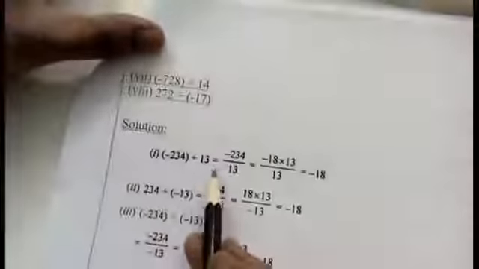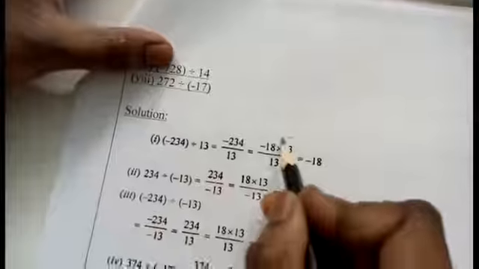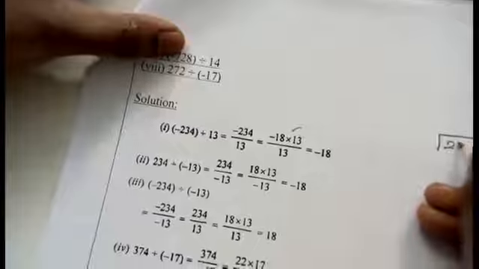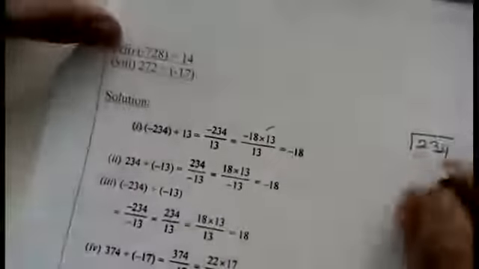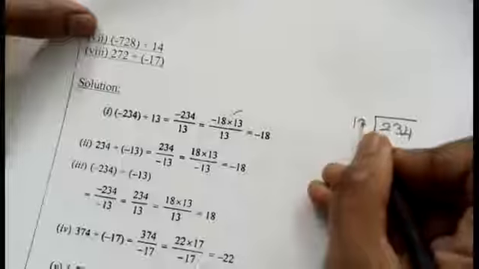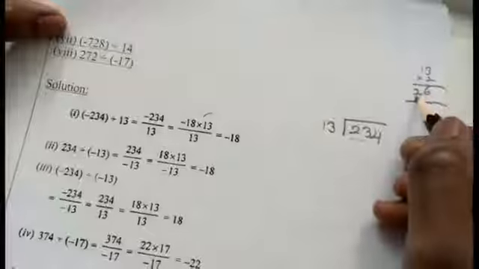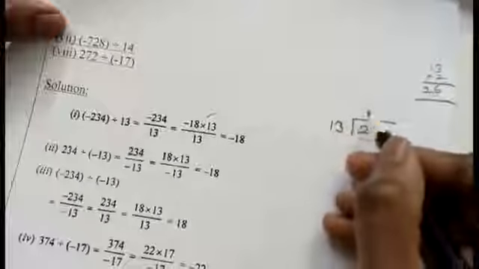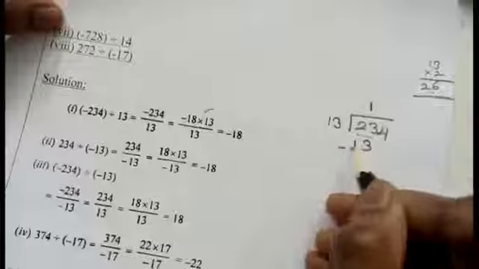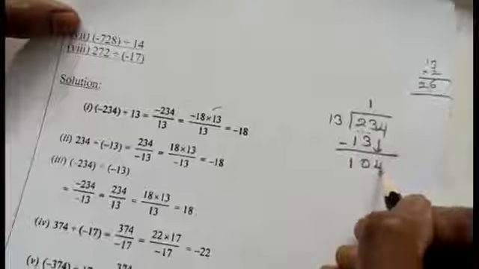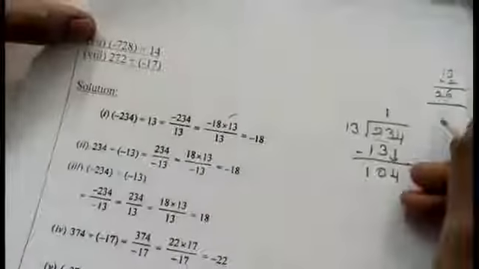234 divided by 13, students. Let me divide and show you. It is not necessary, I am going to do it by direct division. 234 divided by 13. 13 into 2, what is the value? Just check and see. 3 2s are 6, 26. 26, what is the number here? 23. But I am getting it as 26. So I am going to go for 13 into 1. 13, 0, 2 minus 1, 1, 104. Now if you try till the 9 table, I am going to take this one.